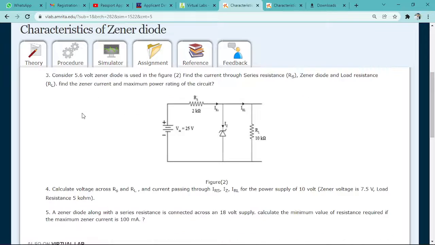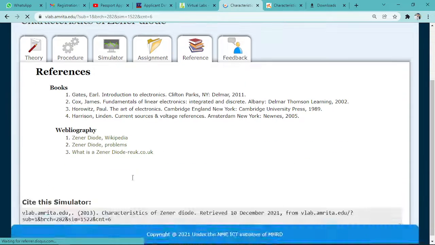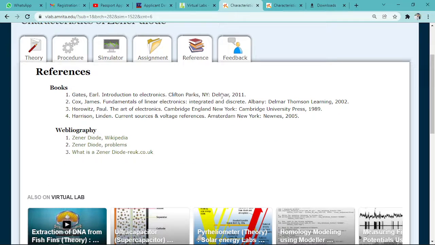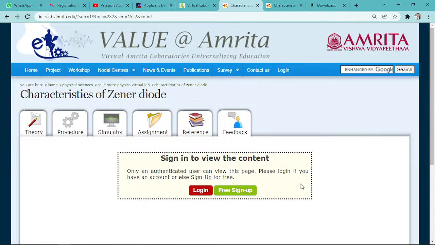You can solve the assignment, and then the references which are used here are also given. Bibliography is also given there, and you can also give feedback. For the feedback you need to log in, or you need to create an account on this. So with this help, in this pandemic you can conduct the virtual practical also with the help of this Amrita University.